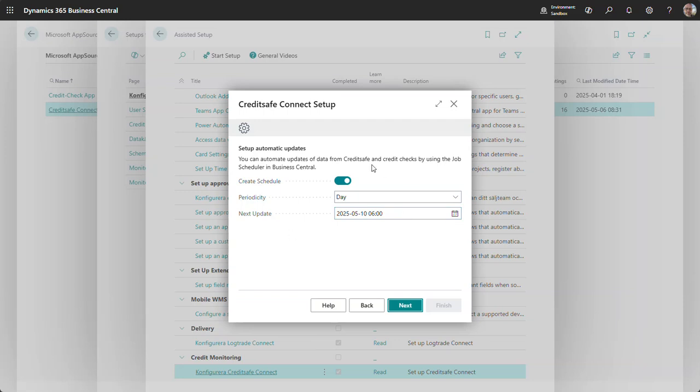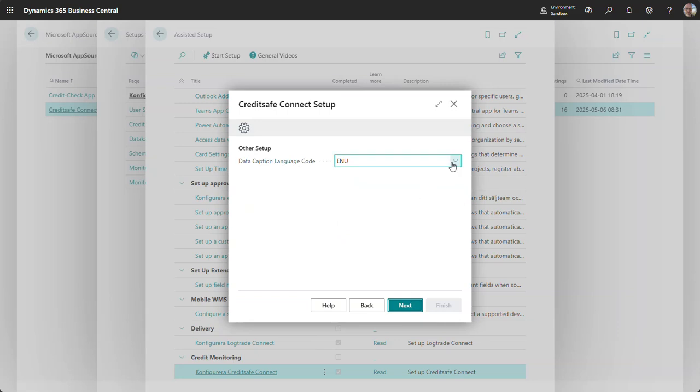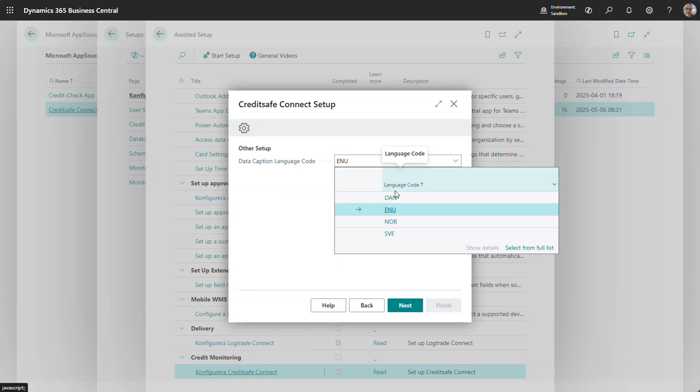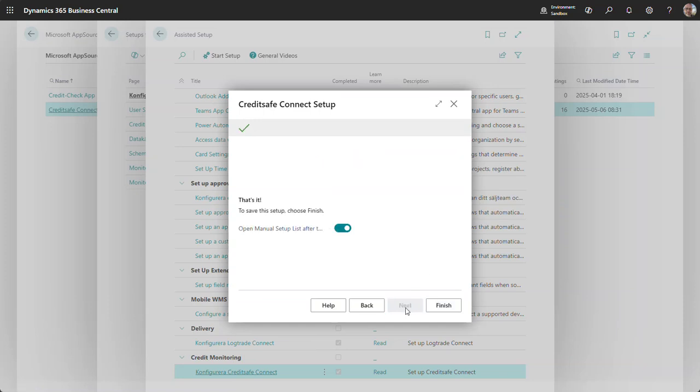These schedules, in a separate video, we will take a look at how you can configure them with criteria and so forth. Click next, and I can select what language I want to have on the data that we download from Creditsafe. Not the GUI in Business Central. That's defined by Business Central. But this is about the data reports that we download. Do I want to have English or Swedish, or these are the languages we support? So let's settle for English now and click next and open the manual setup list after